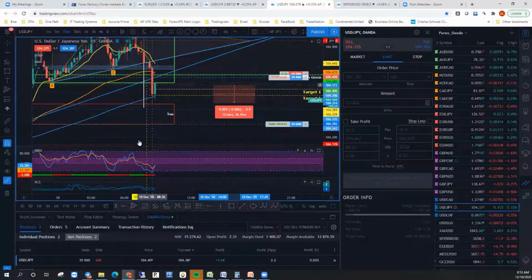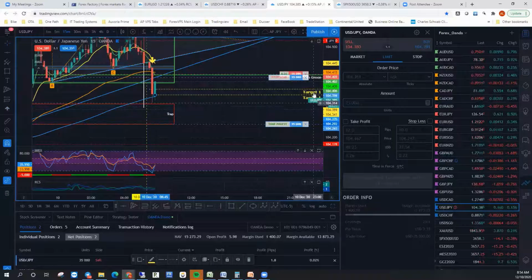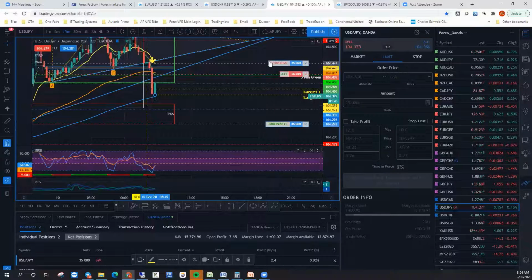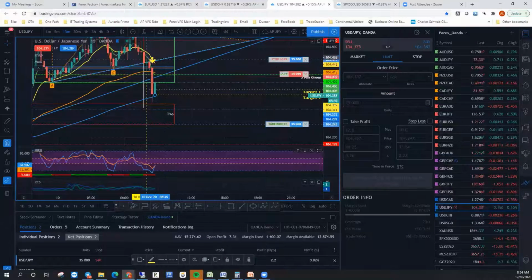Yeah, so basically what it did was on this red candle right here, when it closed on the 15-minute chart, it said to take a buy right here. Now, what I like is waiting for this pullback, because a lot of times, especially if you see a big candle like this, you'll get that pullback. You can see it's just about ready to come back and stop me out here. So I'm going to move this one up. We're going to play this another little different way here.